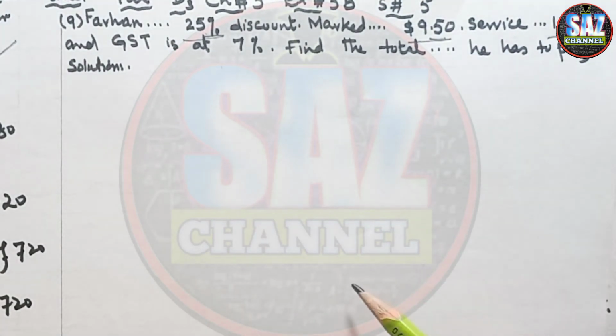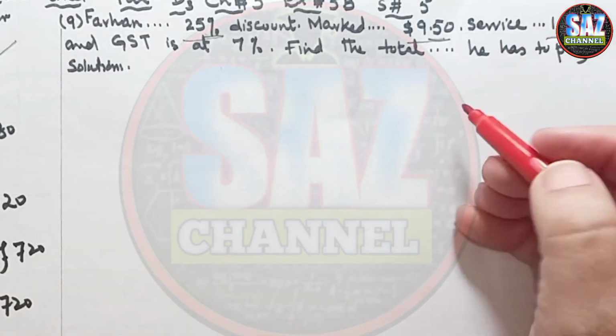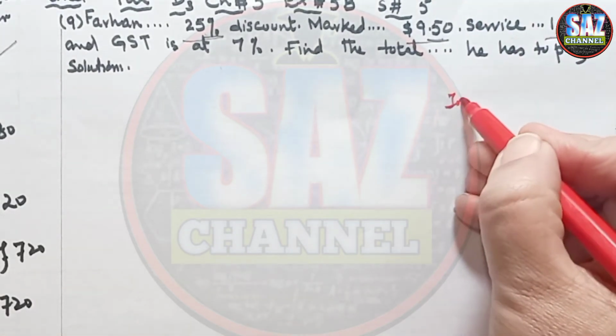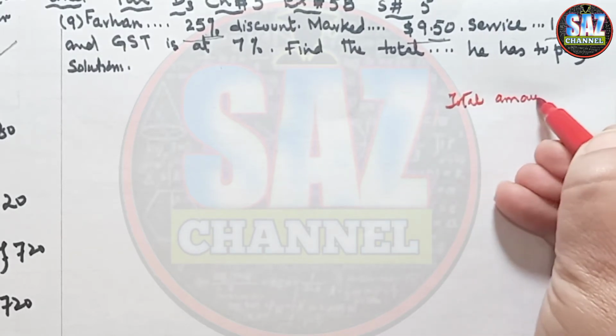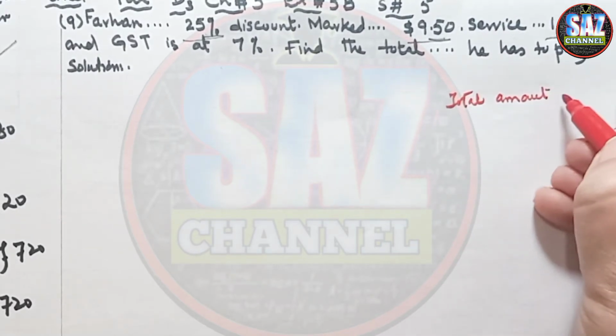First of all, think about that. Suppose you are going to a restaurant and you have to pay the bill. How are you going to pay the bill? And recall my previous lesson: what is the formula for the total amount payable? So let me write the formula first. Total amount payable